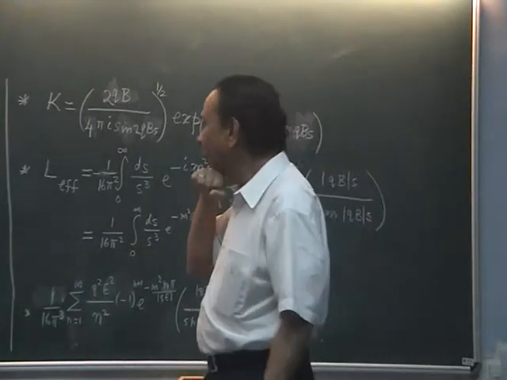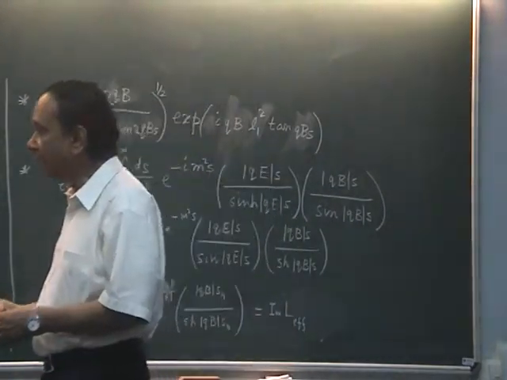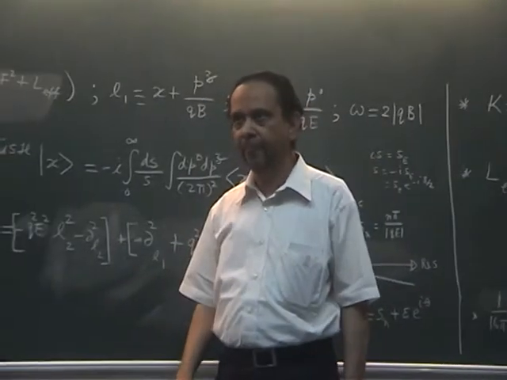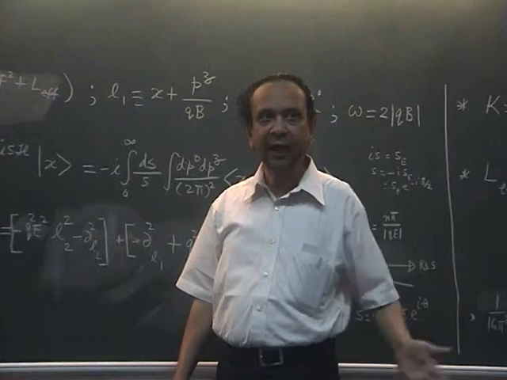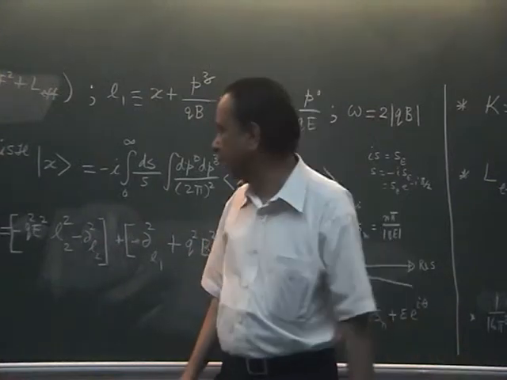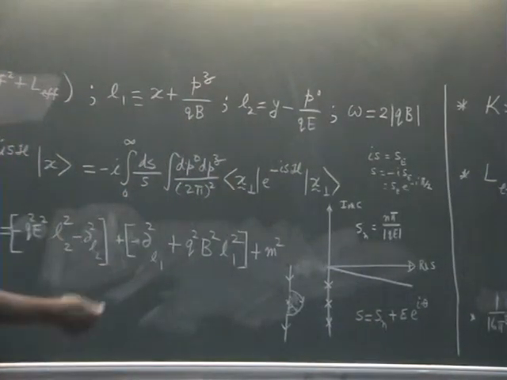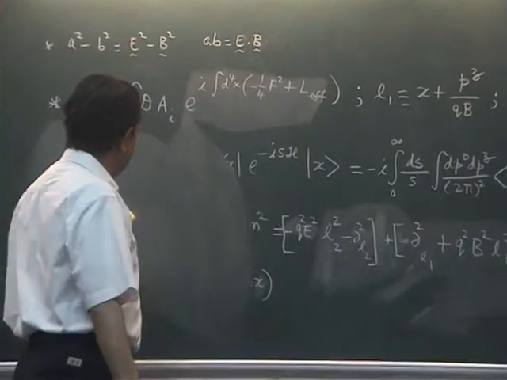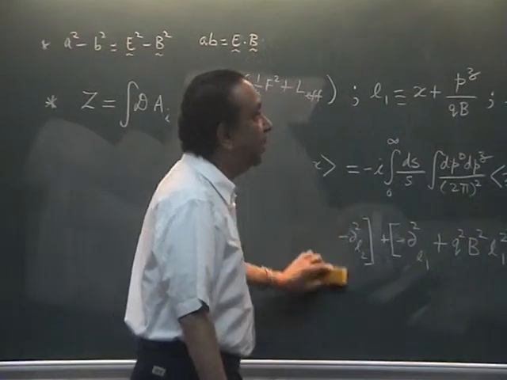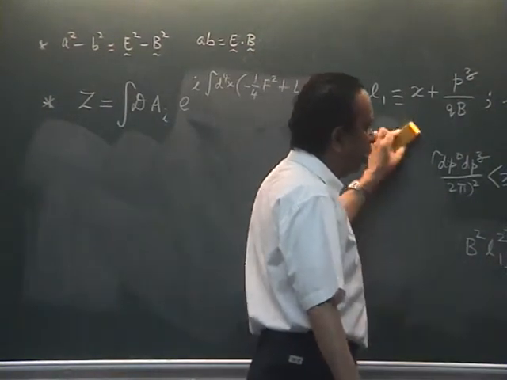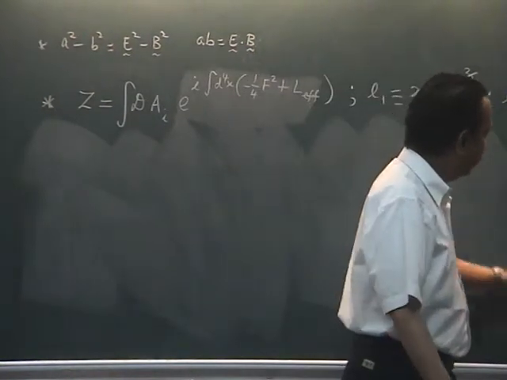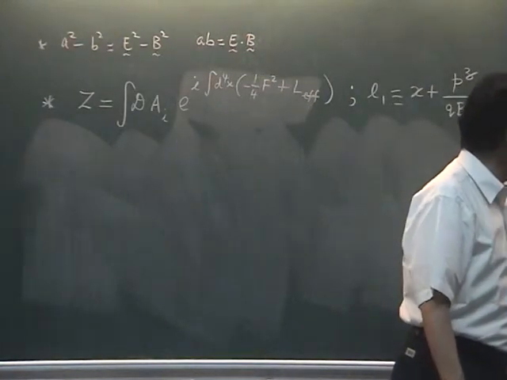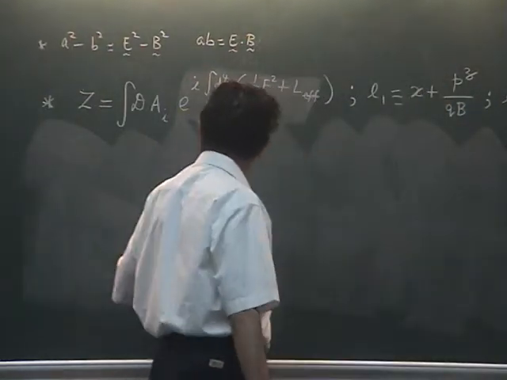Okay. Now let us go a bit further. Let us look at actually the correction to Maxwell's equations. So that is, we want to now study the real part of the effective action. How do we do that? Well, there are various ways. One is you can go back to your original expression and take the real. Then you will get e to the minus I m square s will become a cos m square s. And you have to fool around looking at how the divergence at large s has to be handled, etc., etc. So there is a slightly better method,